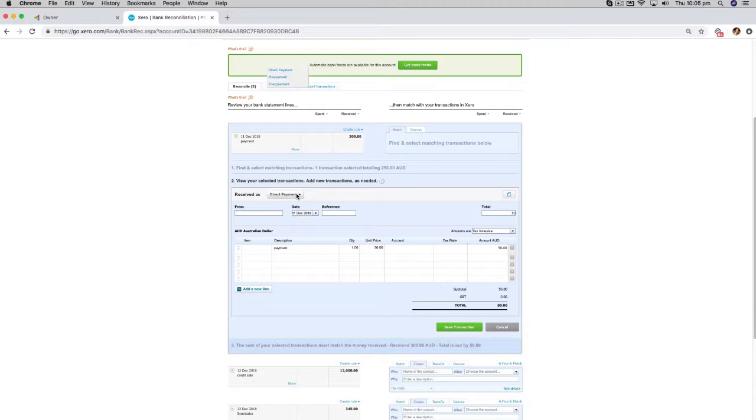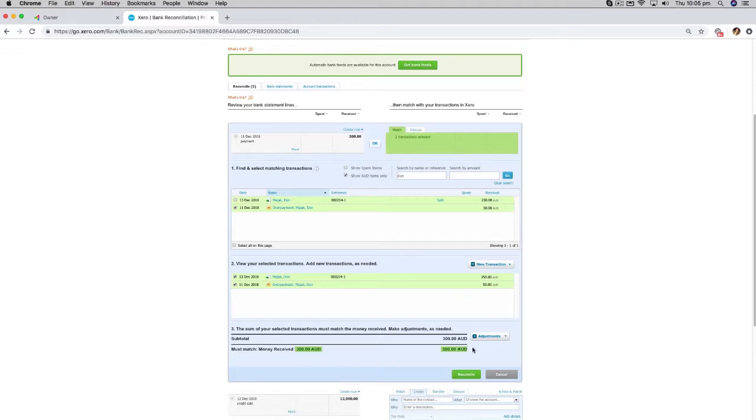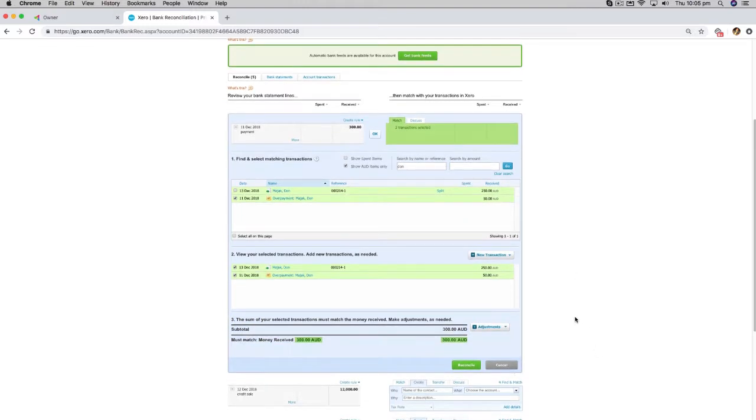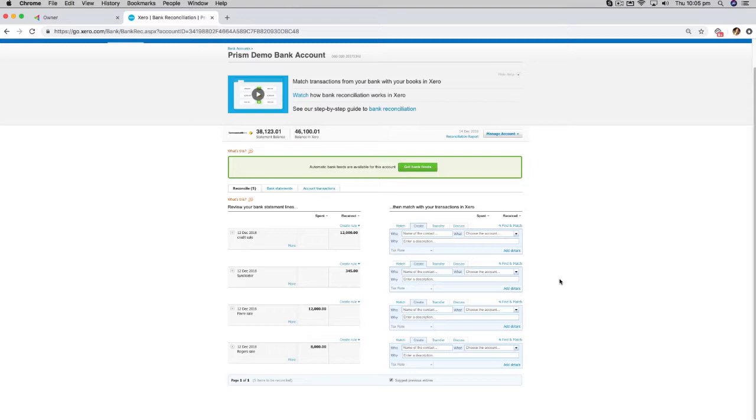select received as an overpayment, make sure you input who it was, the reference, and make sure you've got all of the right accounts and everything there, wherever you need it to go. Click save transaction. You can now see that the system has reconciled those two transactions. It all adds up. Now click reconcile, ignore that because it was a demo,